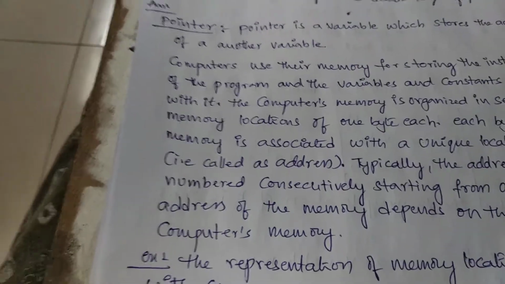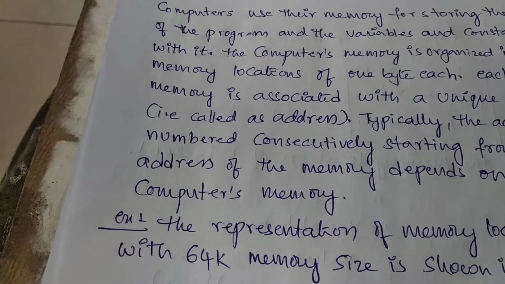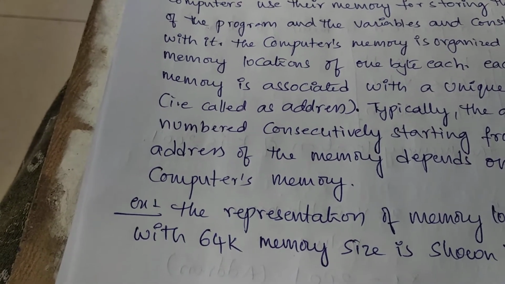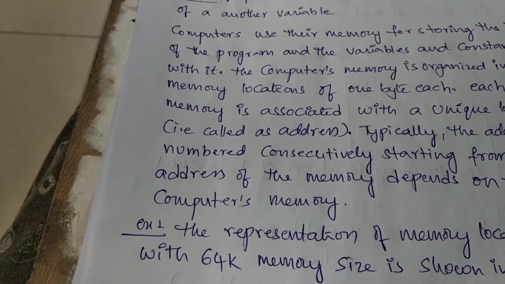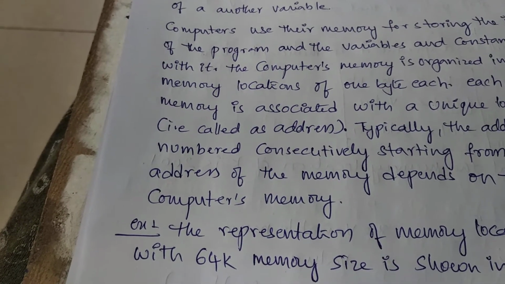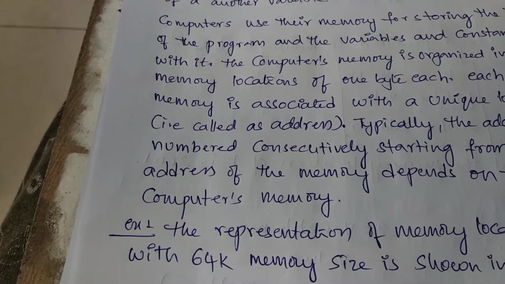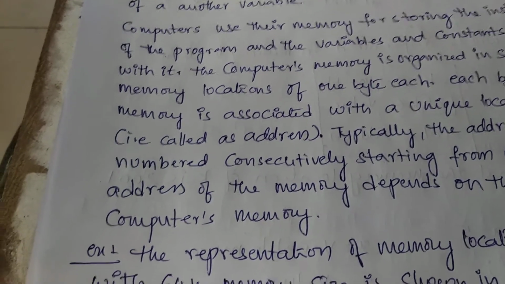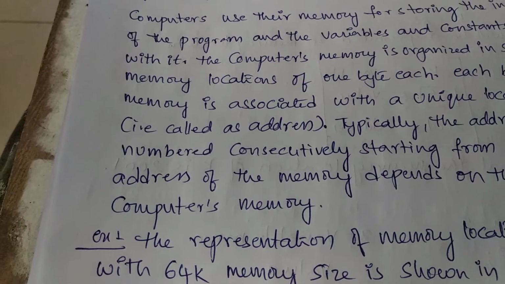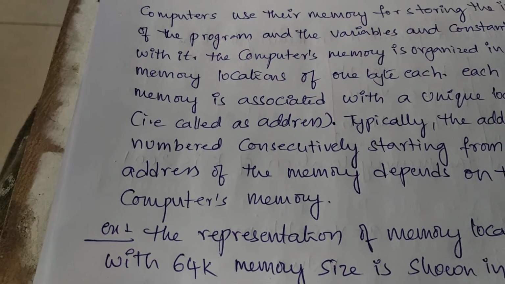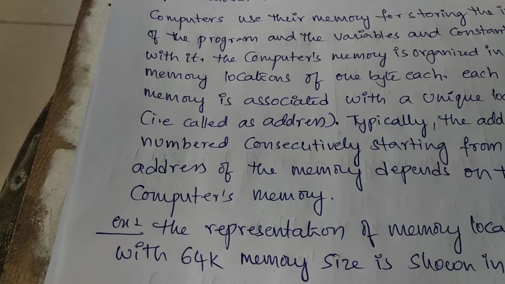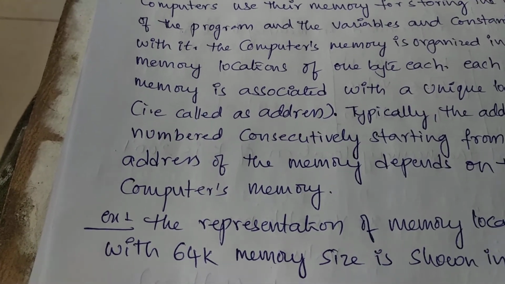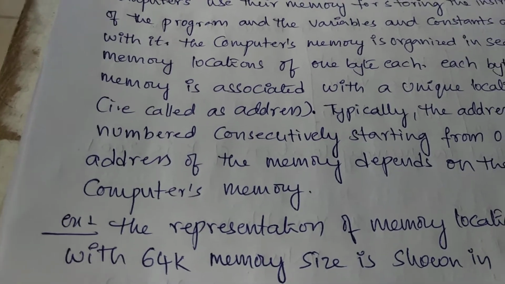But here what happens, suppose you are given the street name and told to go to a person named Suresh in Paritala, then we have to check each and every door number. So there we have a problem. If you are given the address directly, go to some door number and search for Suresh, then you can easily identify him. That is the main reason to use pointers.